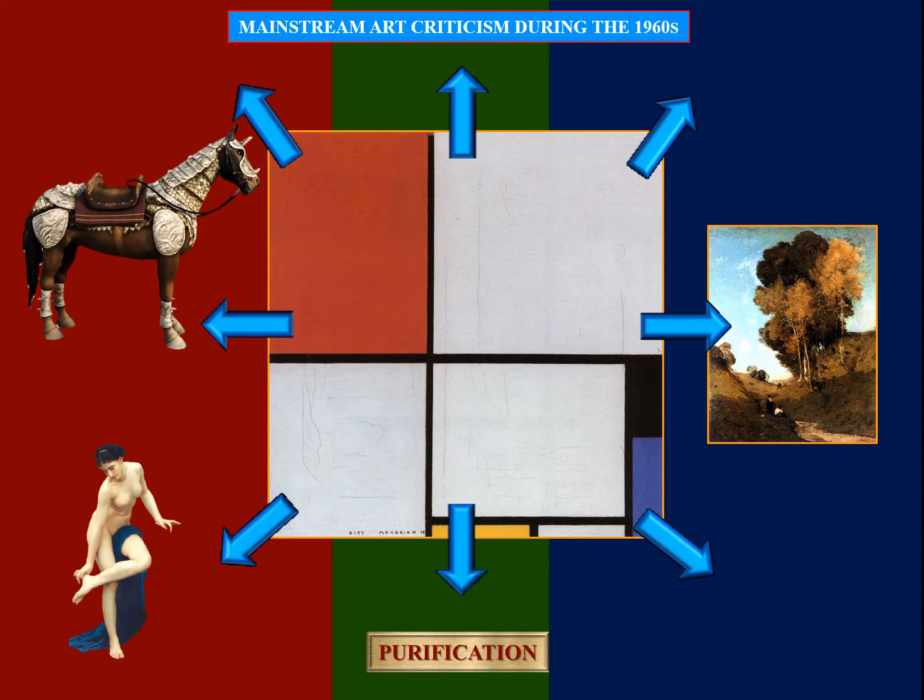A painting had to be first and foremost flat. It could not have a sculptural quality, like raised brushstrokes that belonged in the realm of sculpture. It could not represent the natural world because that would be referring the viewer to something other than what a painting was, namely paint on a flat surface. So you eliminate all of those contaminations, all of those elements outside of a very strict definition of what a painting is, and then you have a purification.